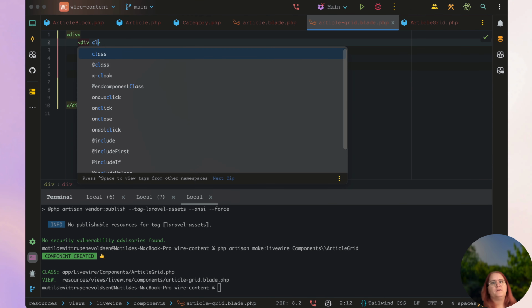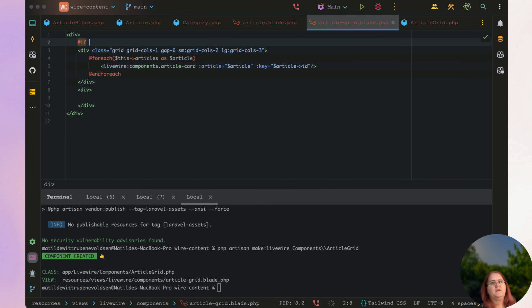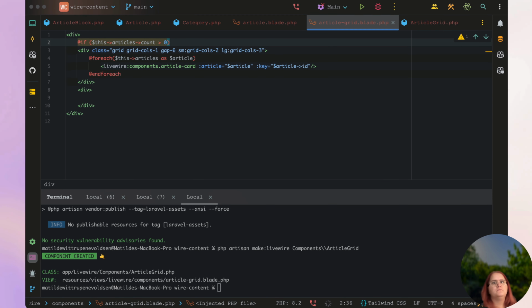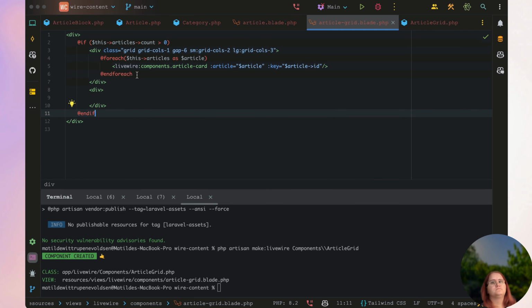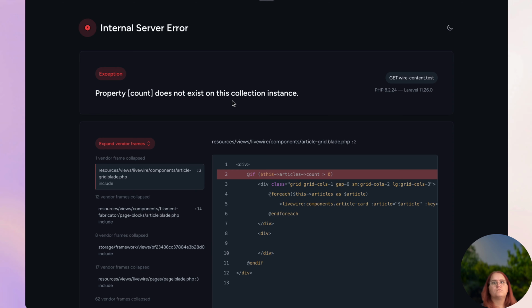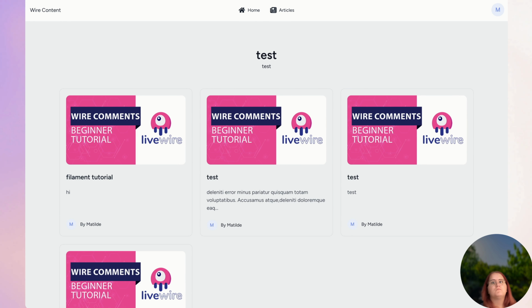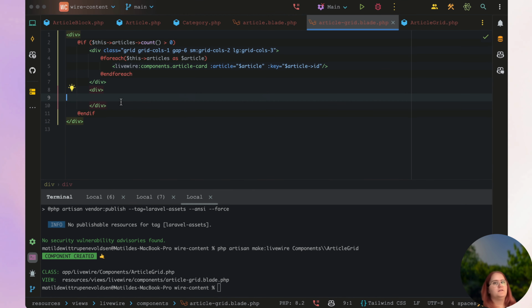So if we say class like this, we also want to say if this articles count is greater than 0, and there we go. And we also want to add in the load more button